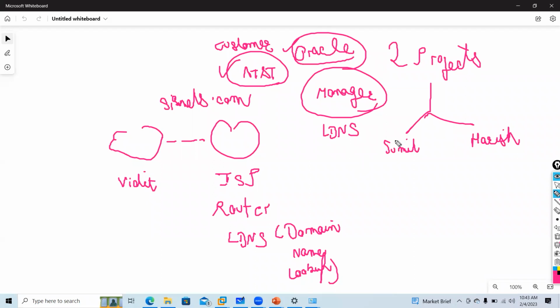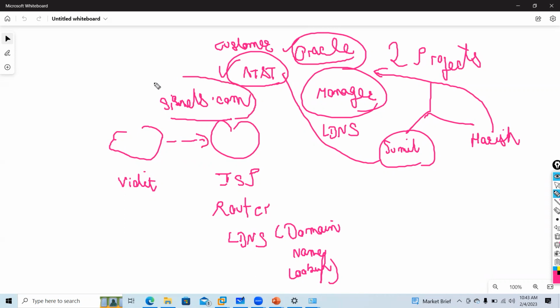He will look over that. Sumit, can you perform this? You have time to do this project. Harish, can you do Oracle? So that is called LDNS. Basically, if Vidit sends a request to LDNS, but LDNS does not have an IP for this, then LDNS will forward your request to three components.